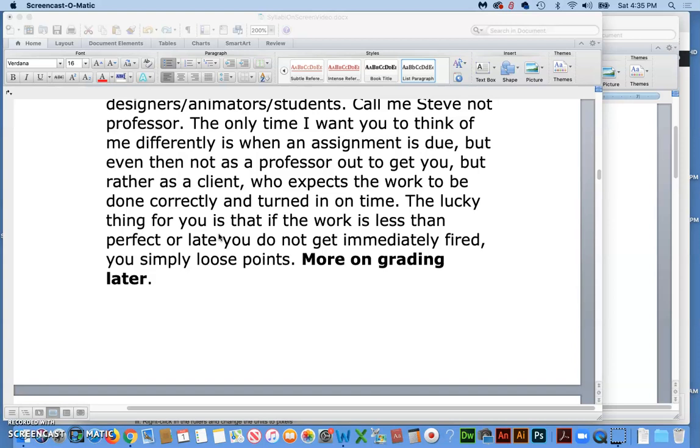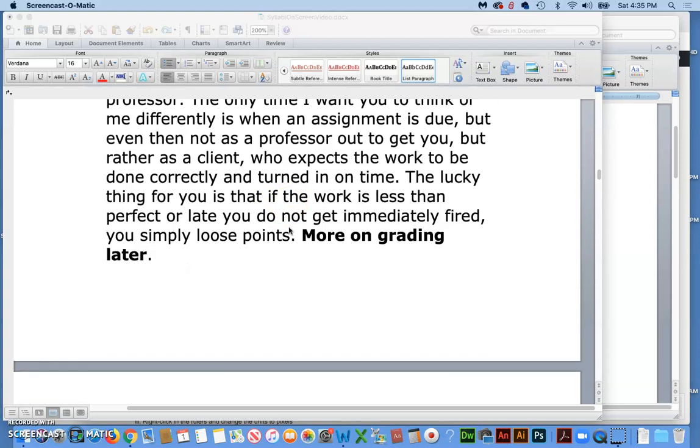Now, the lucky thing for you as a student is if you don't make all these objectives, don't exactly follow the instructions and maybe not get it done on time, you're not going to get fired, but you are going to lose points on it. So it's a very practical way of thinking.